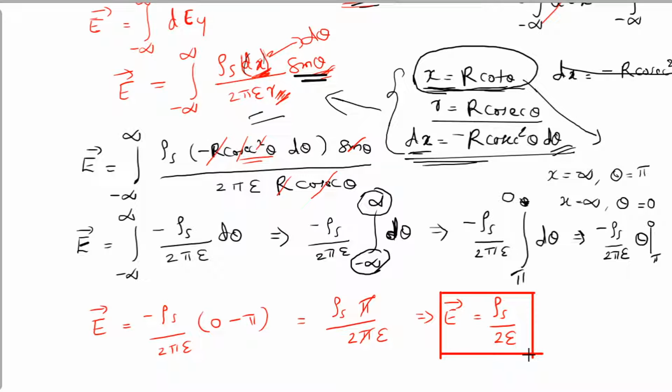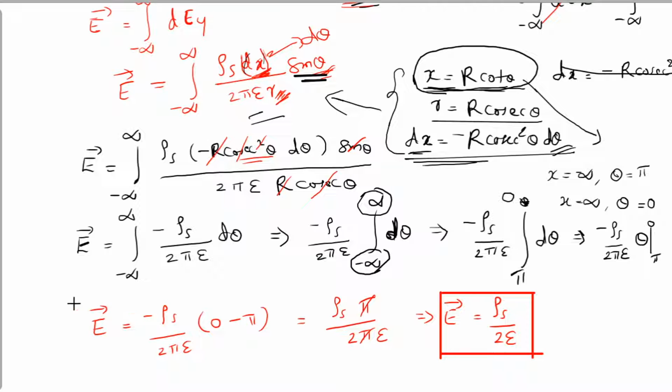That means electric field intensity at any point due to a sheet of charge doesn't depend upon distance. Interesting? Distance, what does it mean? It doesn't depend where I am putting point P. That's why I was going on telling you that point P is constant. Point P we were not going to move, right? While finding the geometry for integration by substitution, I was telling you that capital R is constant because point P is constant. This was the reason, because in the back of my mind I already knew that my final equation will not have that distance, small r or capital R.